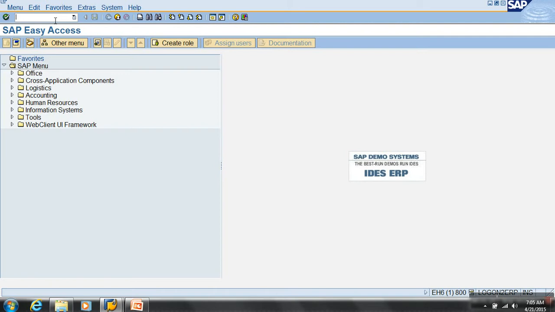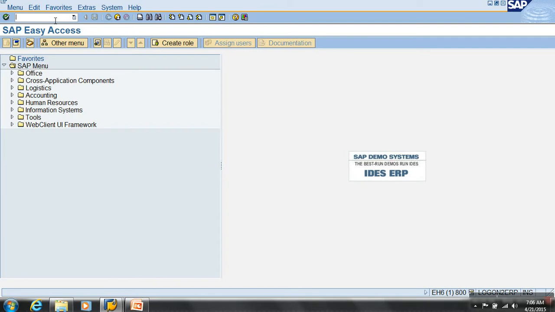Normally we use a select statement. When you use a select statement, it reads all the data. We cannot control the packet size. But when you want to read data from a table with respect to packet size, say I want to read data from this table 1000 records, then next 1000, next 1000, then we use what? A cursor statement. So if you have to use a cursor, we declare a variable of type cursor. Then we open a cursor based on a select statement. Then we keep fetching the records. Once we finish fetching, we have to close the cursor.